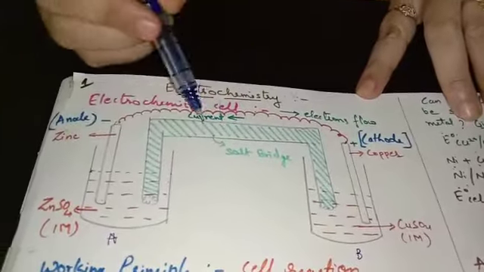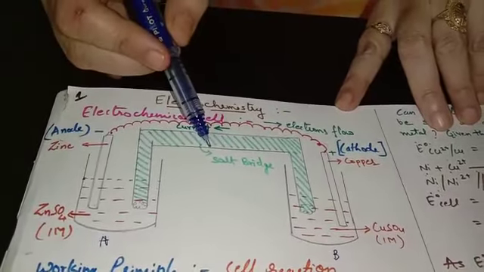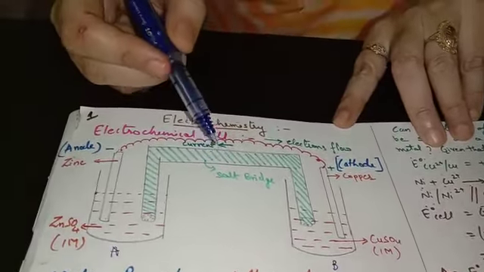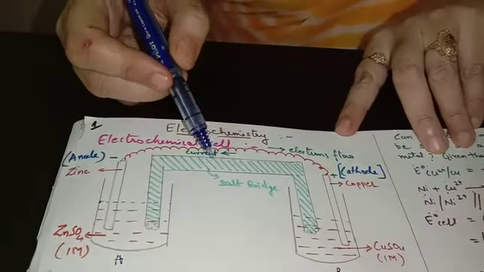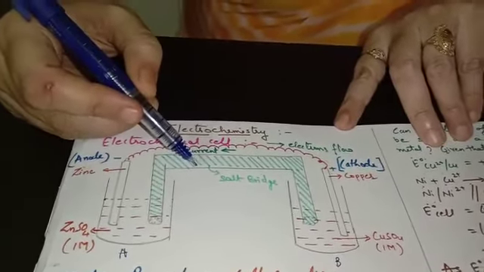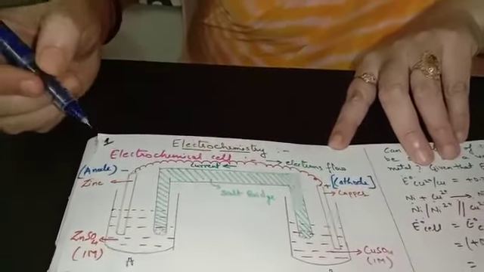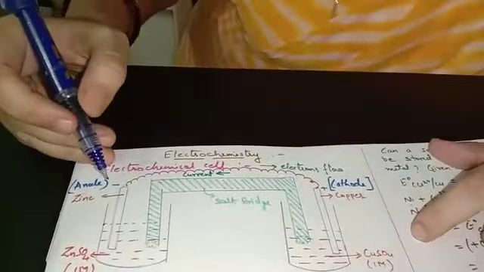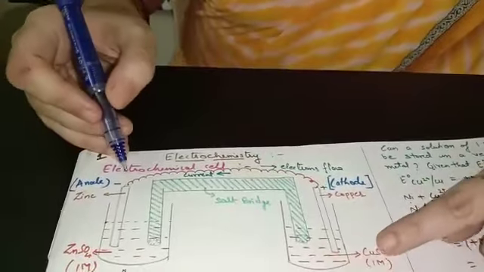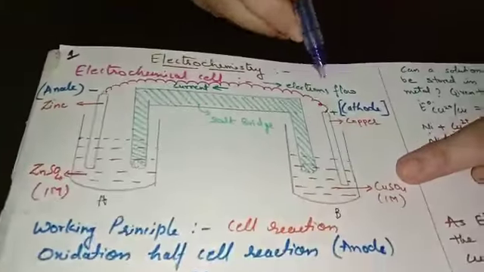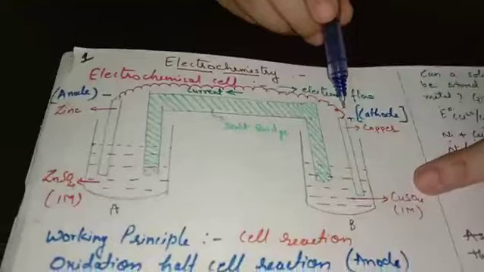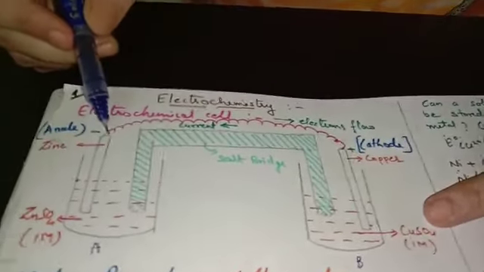Both the half cells are connected by a salt bridge. So what is the function of the salt bridge? It completes the inner cell circuit. This you have already studied in class 11. The two metallic rods are connected with a metallic wire. So when the cell reaction proceeds, electrons get released from the zinc rod towards the copper electrode, whereas the current flows from the copper rod to the zinc rod.